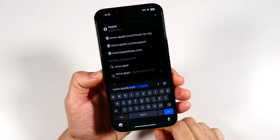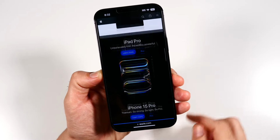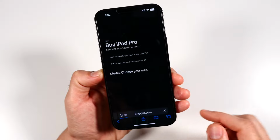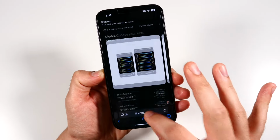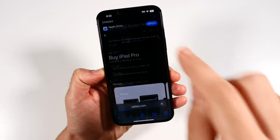All right, so looking at the internet performance, if I go to apple.com, you'll see that's pretty quick right there. And then if we hit buy, new iPad Pro, you can see just fine. So let's take a look at another website. All right, so let's go to yahoo.com and you'll see pretty good. Let's click one of these articles,